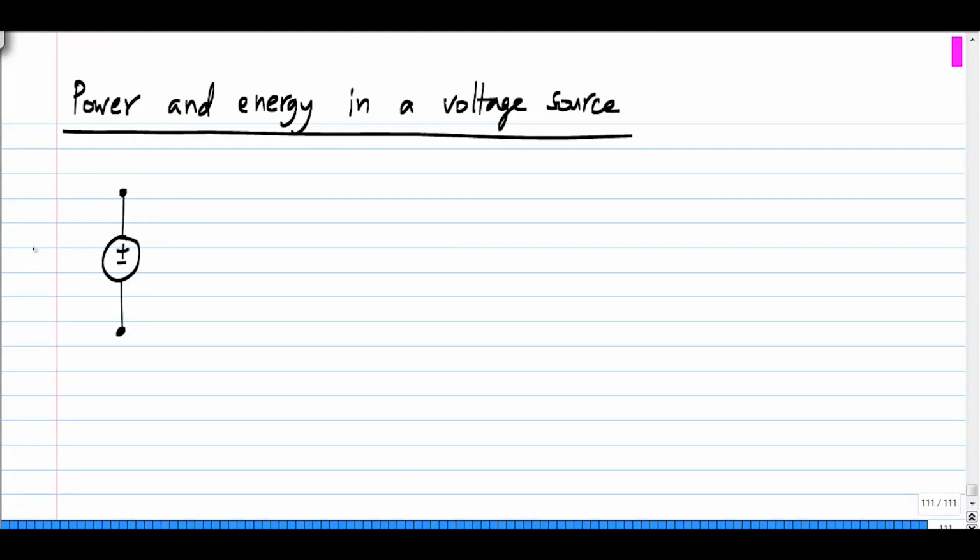So, this is a voltage source. It maintains a given voltage V equals V naught regardless of the current flowing through it, and as always I use passive sign convention for the voltage and current definitions. Okay. Now, of course, just like for any other element, the power is the product of V and I. It is important to remember that this is the power